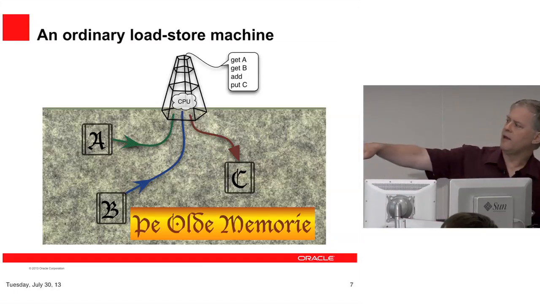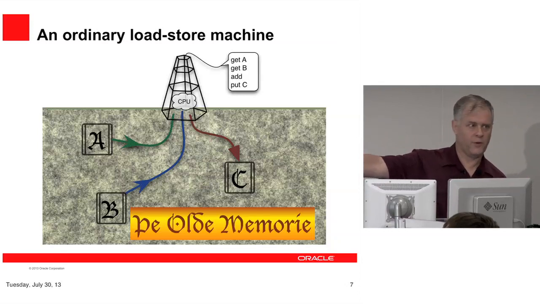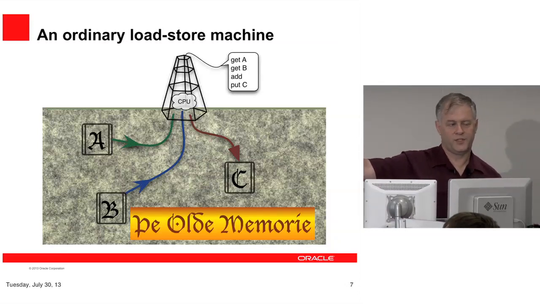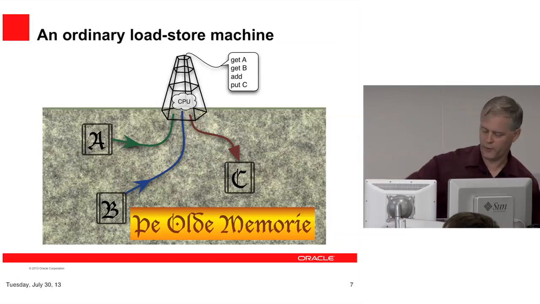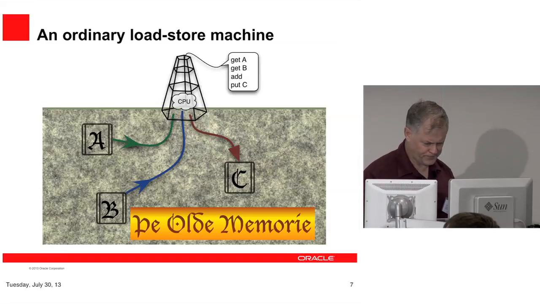By the way, that letter there is an actual letter Thorn, which is mispainted by sign painters everywhere as a Y. It's not really a Y, but that's why you get ye old. It really should say the old. That's the old memory, and it's old because, as I said, it's single ported.